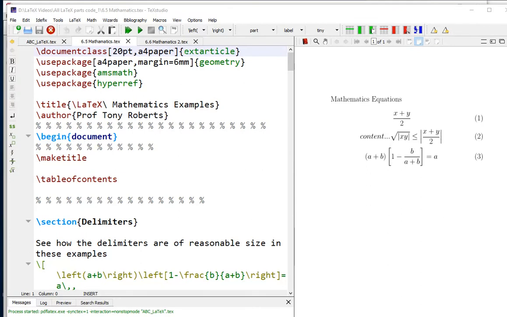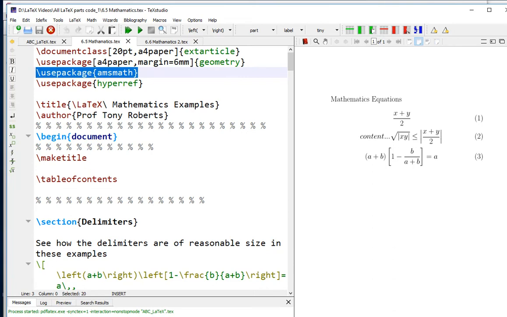Here the argument is extarticle. The use package is also used with A4 paper, comma, margin given as 6 mm, and the argument is geometry. But here the important package is amsmath. Other packages are used depending upon the needs, but basically this is very essential.